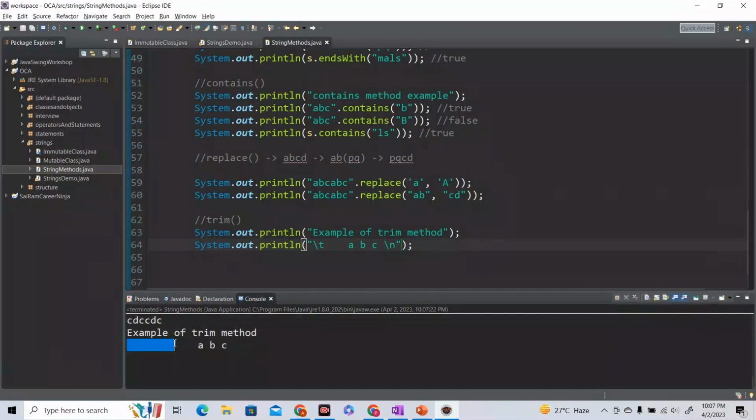So here, if you see, there is a space in the front, right, and there is some space over here also, but we cannot see it. If you select it, then you will be able to see it. There is a space over here. If I do a trim over here,